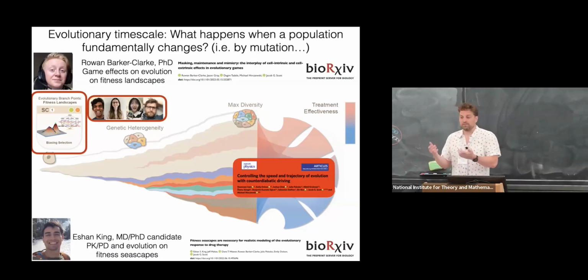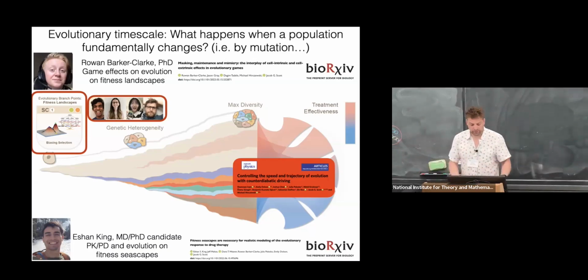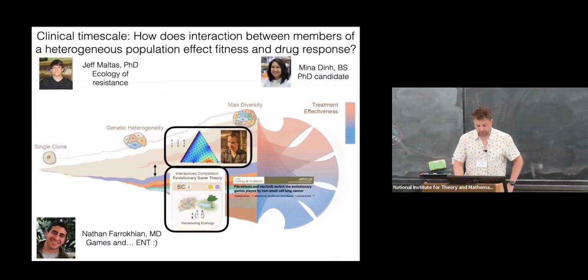So I accept the fact that Darwinian evolution is going to beat my drug. Can I choose how it does? Or can I predict in what ways it might, such that I have a strategy ready for that eventual inevitable failure? And so we think a lot about those things, and here are some students who've done some of that work with us and some papers you can look at there.